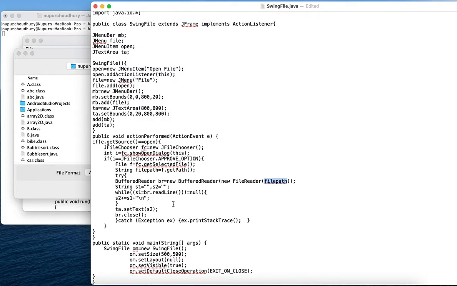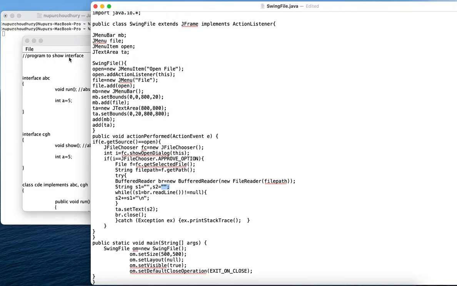Then we are using string s1 and keeping it as null as of now. And while s1 = br.readLine() is not equal to null, that means if it is getting some value here, it is not null, then it will be s2, which is also null. It will be printed with s1 plus a new line, and accordingly all the values would be printed.